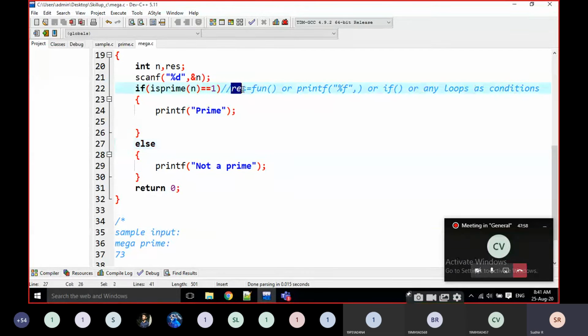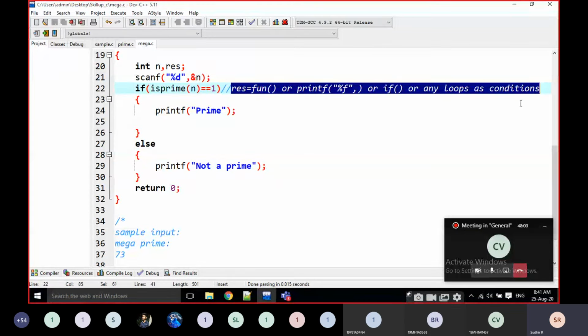This point also, everyone. If the function calls are assigned to variable names, or the function calls are in printf statements, or the function calls are in if conditions or any loops, treated as a condition, that means the function has a return type.